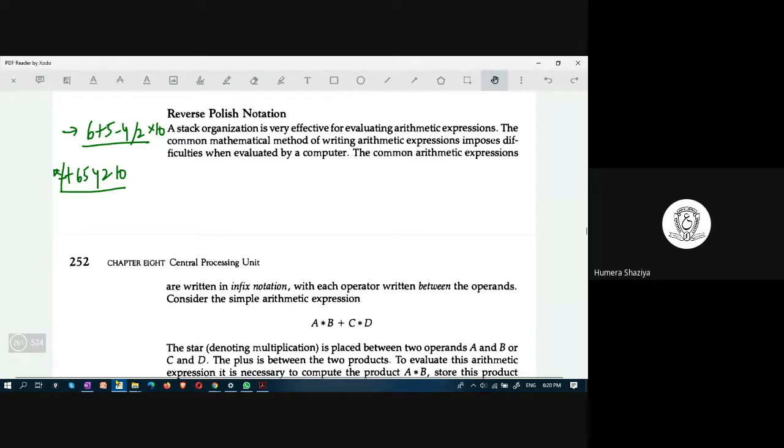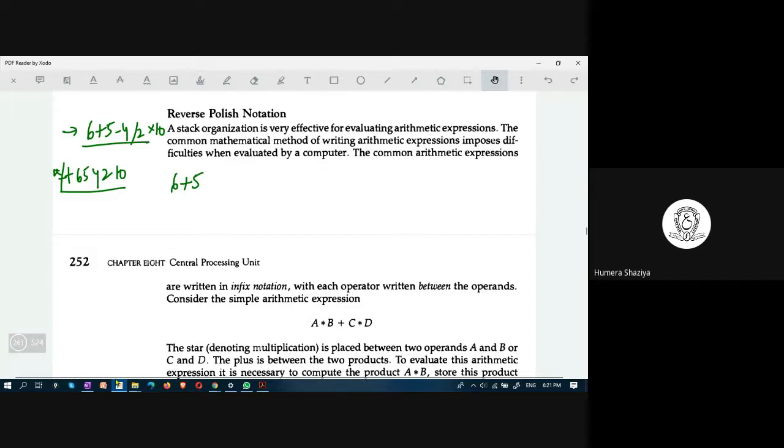In infix notation, the operator comes in the middle of the operands. 6 and 5 are operands and plus is the operator, so it is coming in between the operands. For a computer system, this notation is quite hard. For a computer system, prefix or postfix notation is relatively easy to understand and evaluate.